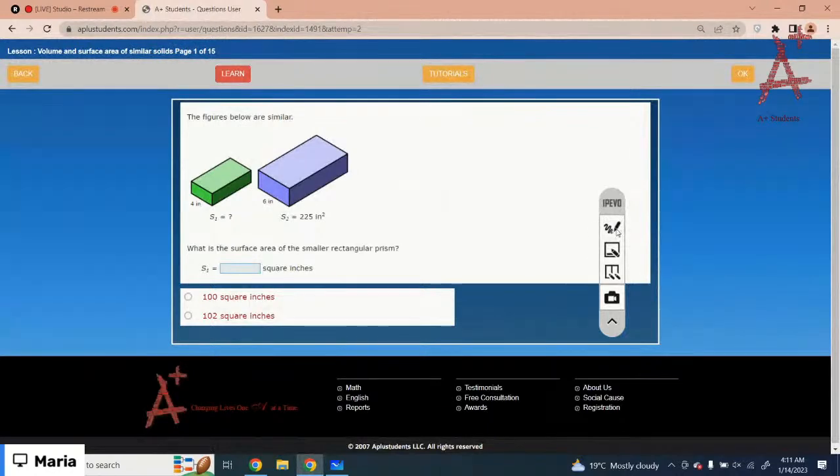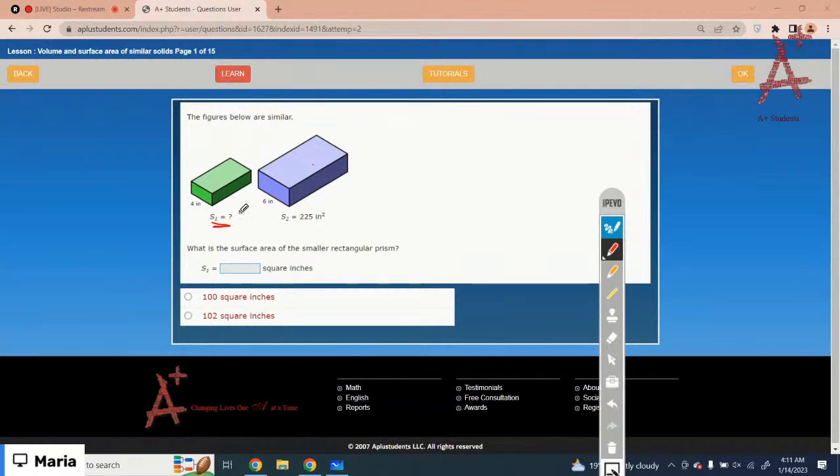Okay, the figures below are similar. What is the surface area of the smaller rectangular prism? You have to find the surface area of the small rectangular prism. Got it? So first of all, because you have to find the surface area of the similar solid,